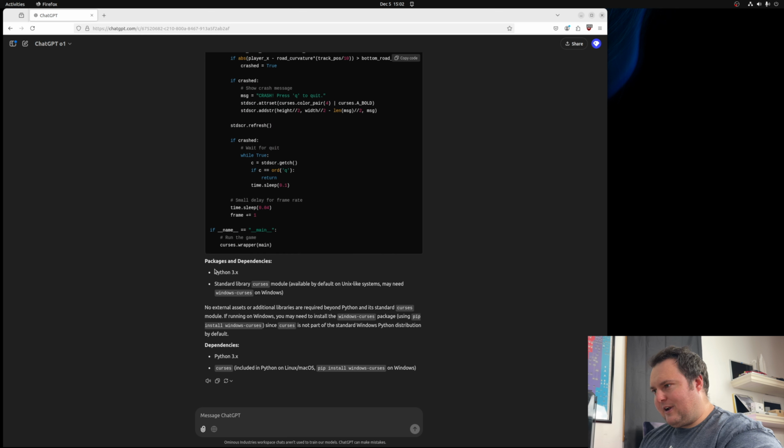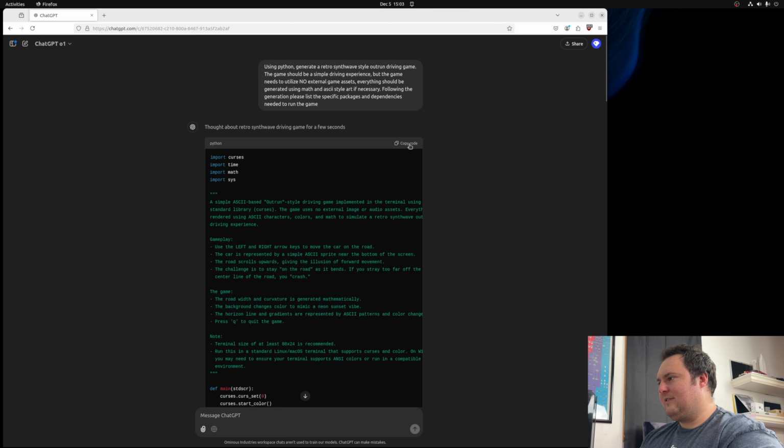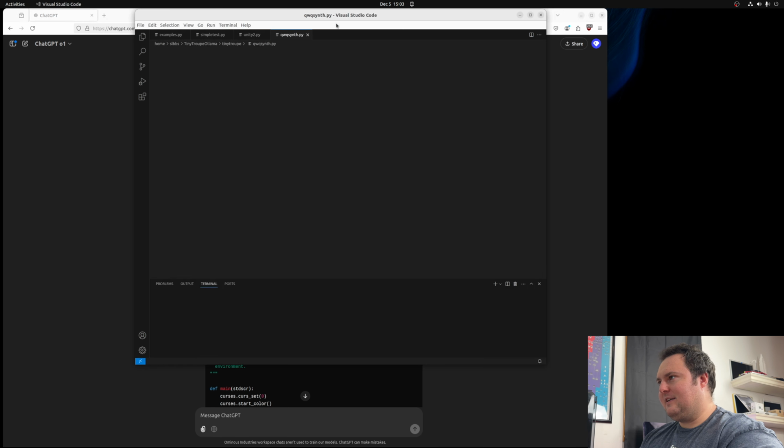So it's telling me, okay, you can run it on any version of Python 3.x, so any Python 3 version. No external assets or additional libraries are required beyond Python and its standard curses module. If running on Windows, you might need to do this. Okay, so what I'm going to do now is copy this code, open up Visual Studio Code, paste it in, and